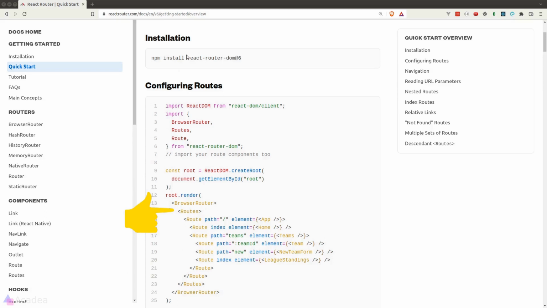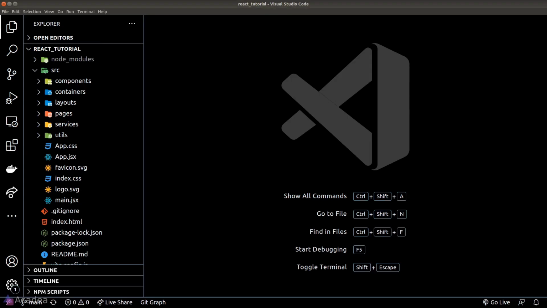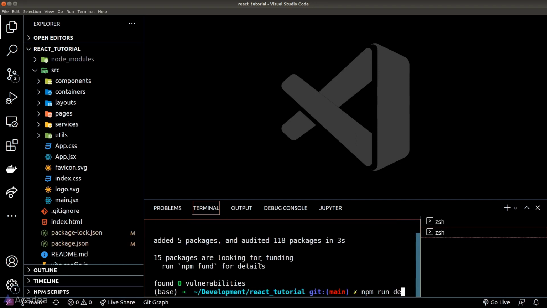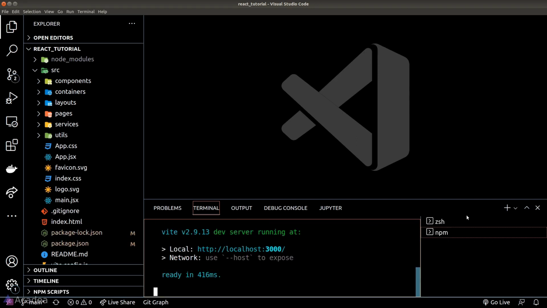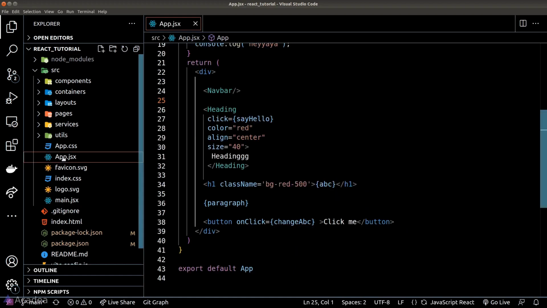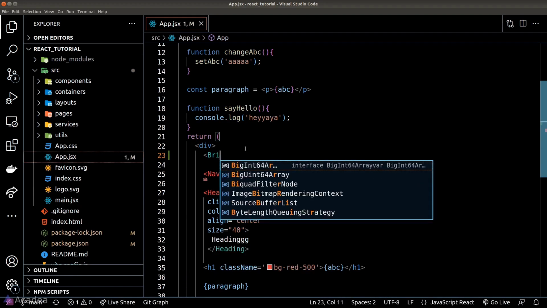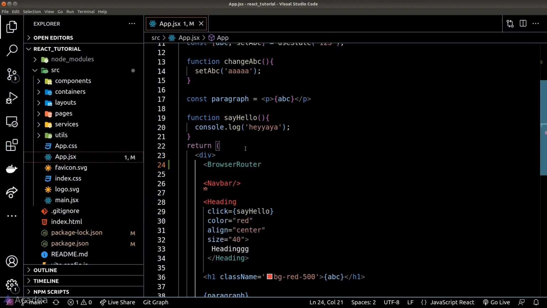Next, we have the Routes component, and that is where we're going to define all the routes in our app. It looks a bit scary now, it's okay, we'll go through it together one by one. Let's first install React Router in our project. I'll copy the npm install command and paste it inside our terminal. Once that's done, we'll go to our App.jsx and initialize the React Router structure as we have seen inside the documentation. We will have the BrowserRouter,